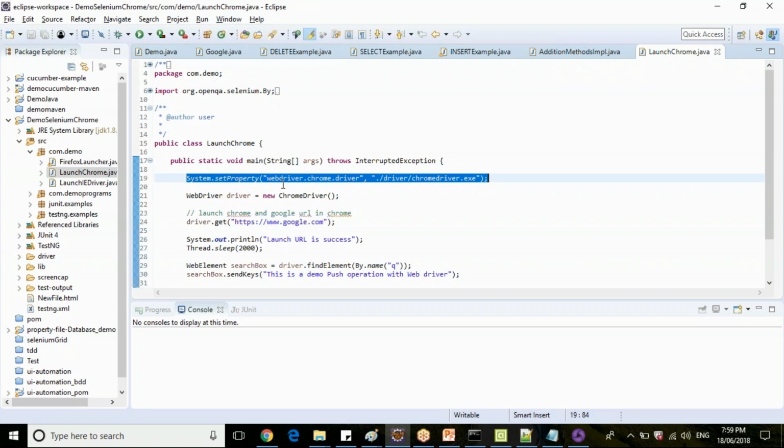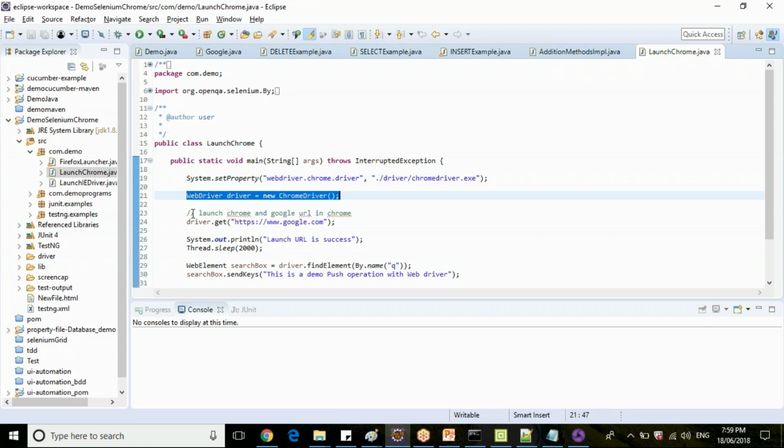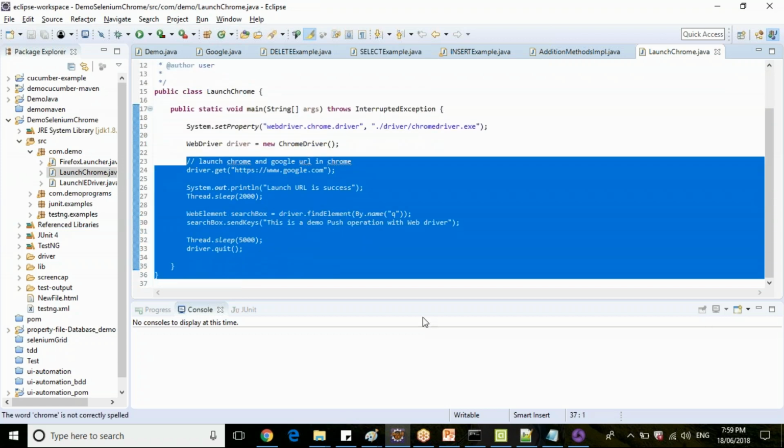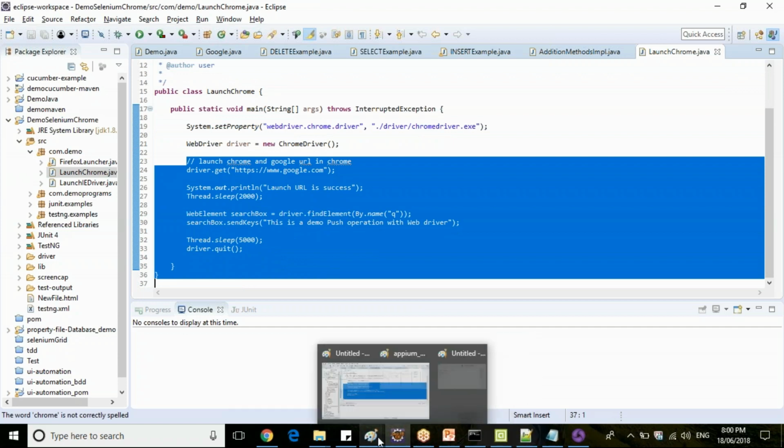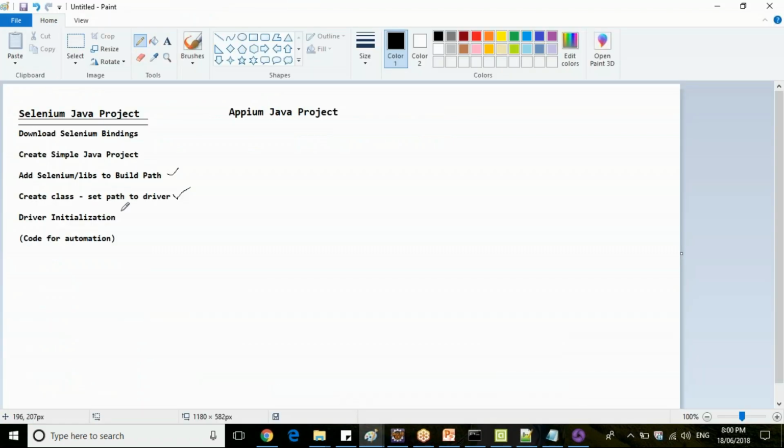You set up your path to your Chrome driver or Gecko driver or whatever it is. If it is IE driver, IE server, you would set the path. Then you do driver initialization and your actual code starts. Correct? Any queries in this case? Are you clear with the Selenium setup?